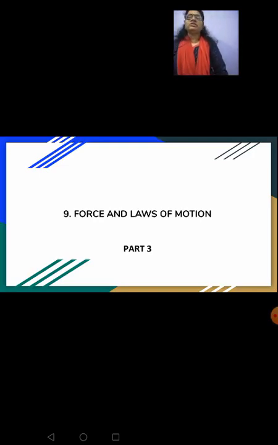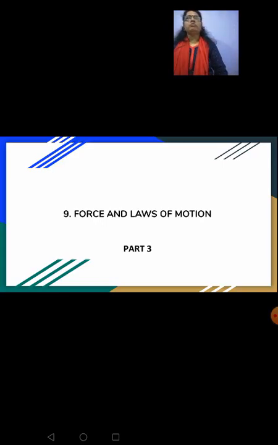While discussing inertia, I had given you examples like the blades of the fan not coming to a standstill position even after the power supply is cut off, and the passengers getting a backward jerk, forward jerk. These are all given as examples for inertia.